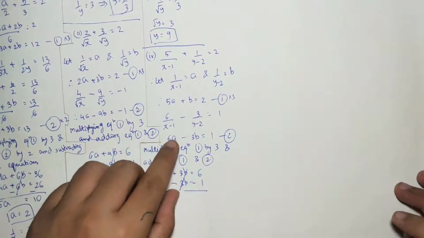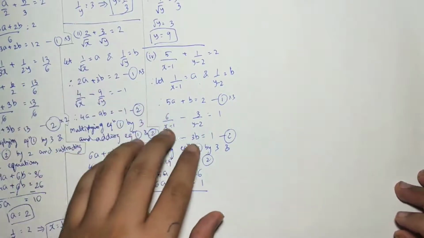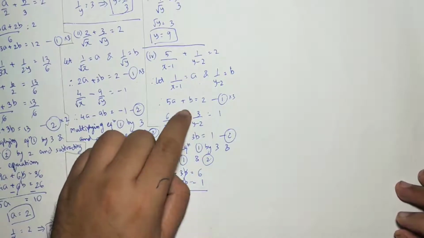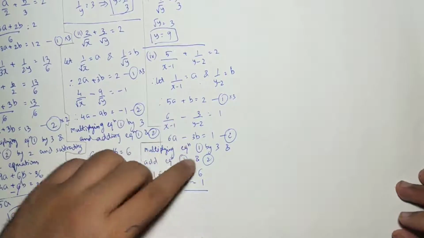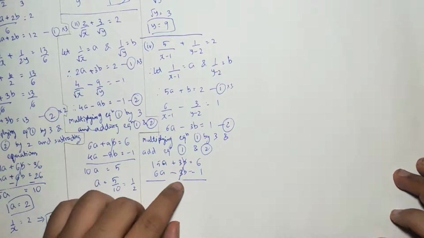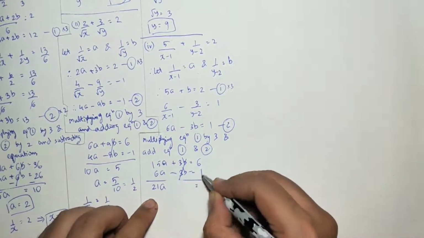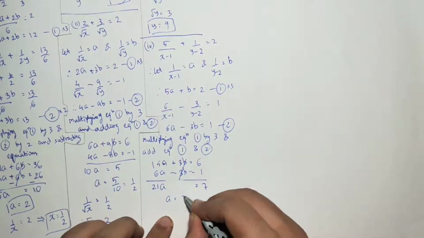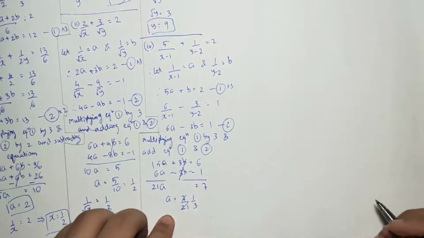Sorry. By multiplying the first equation with 3 and the second equation with, we don't have to multiply it, because b and b were having the same coefficient. The b was having 1 over here, so it will become 3b, and it was already having 3b. One was positive, one was negative, so we will add them. But if we add them, we don't need to change the sign. 15 plus 6 will become 21a equals to 6 plus 1 will become 7. This 21 will come in the denominator. So a will be 7 upon 21, that is 1 by 3.